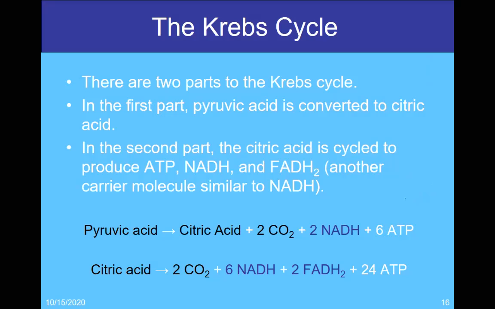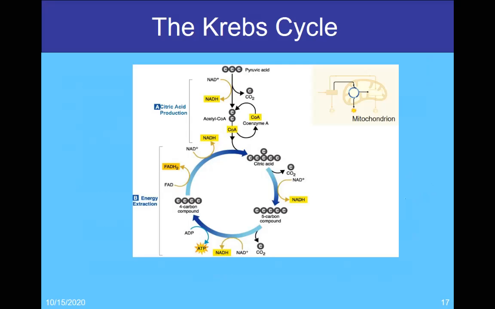All right, so let's go ahead and move on. So this is the Krebs cycle. When you take a look at the Krebs cycle, you have your coenzyme A, your acetyl-CoA. These get complicated. We're not going to go over these. You're not expected to know this. What I want you to know is your 3-carbon pyruvic acid goes through this little spin cycle and starts producing NADH, ATP, and FADH2, all the while picking off carbon dioxide molecules so that we're getting the energy out of all the bonds that are holding all of these things together. This takes place in the mitochondria, which requires oxygen in order to occur.